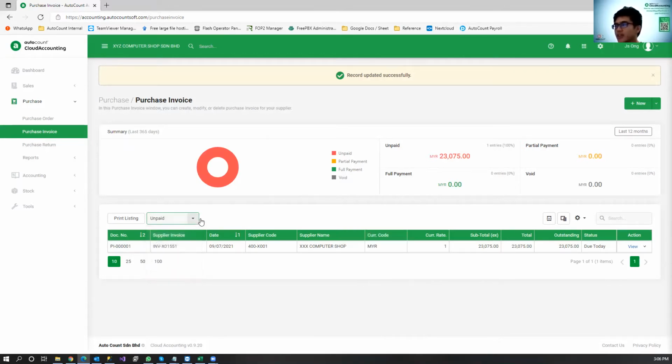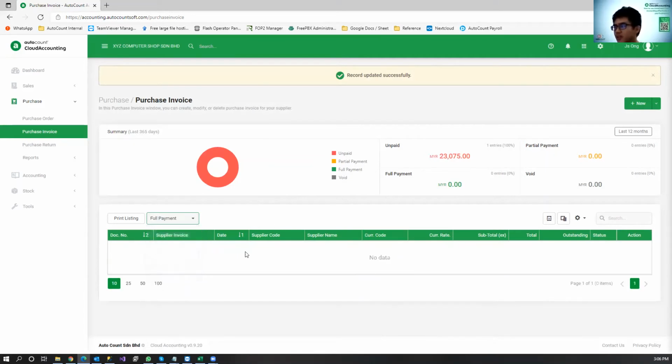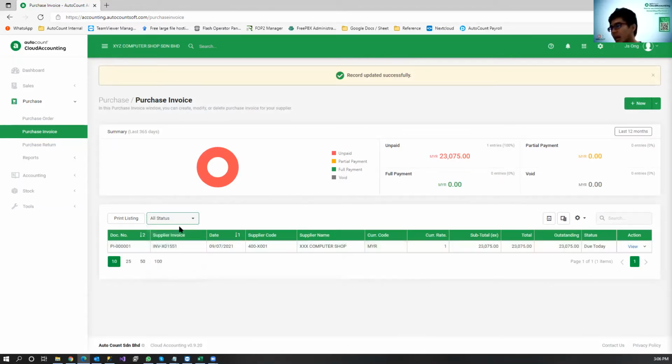For example, now I want to see unpaid, it will filter for you. If I want to see full payment, because I don't have any full payment supplier invoice, you don't see anything. All right, so there's some filtering for you to play around to make things easier to see, clearer, assess better. Okay, so this is how you can create your purchases.